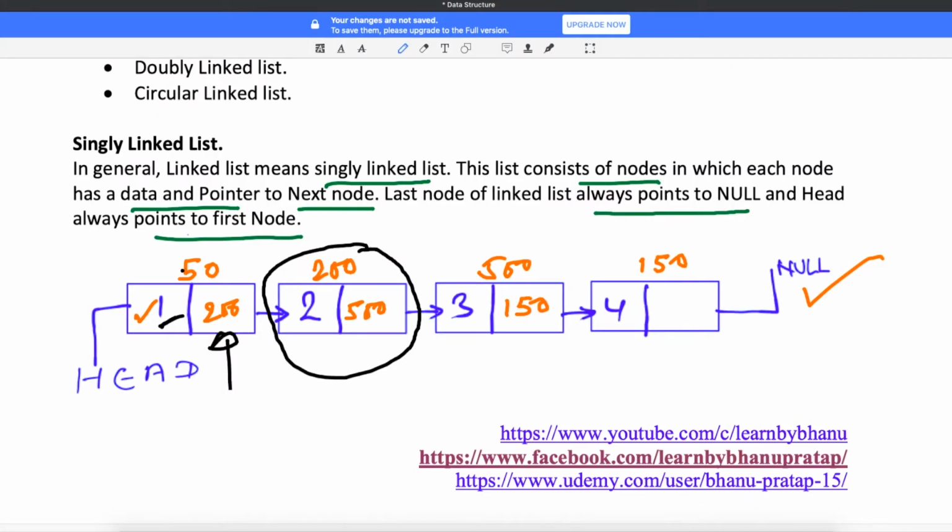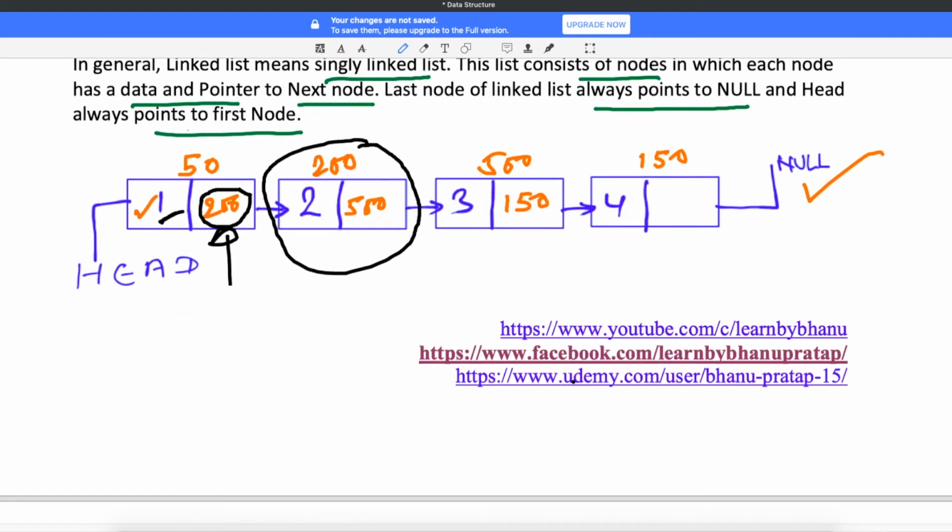Why am I saying that? Because this is a node, and this is the second node. The first node is connected to the second node. Now the first node has data, and what is this? This is basically its object. This 200 is a reference of an object. Now when I say reference of an object, what is the type of this reference? The type of the reference is the node. You got it? Let me write and show you. So this is your first node, and the first node is connected to another node.